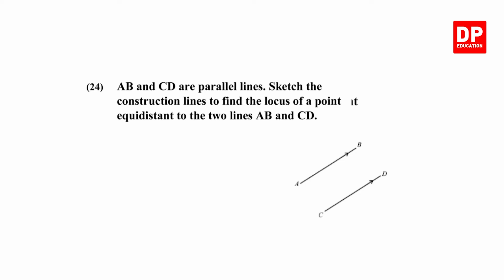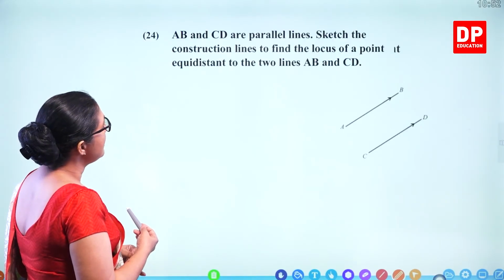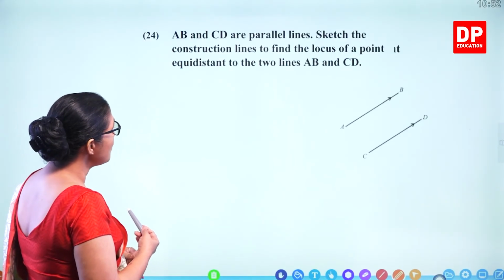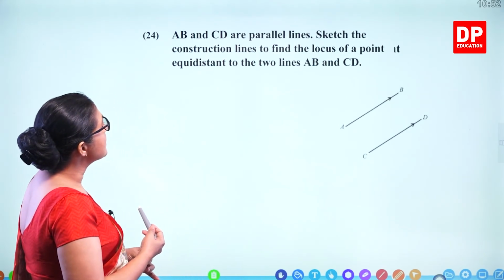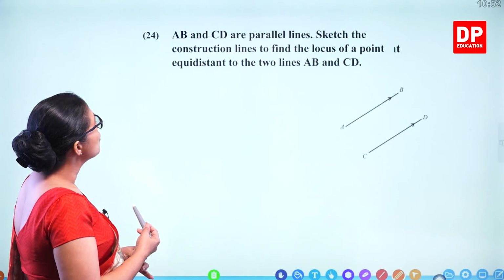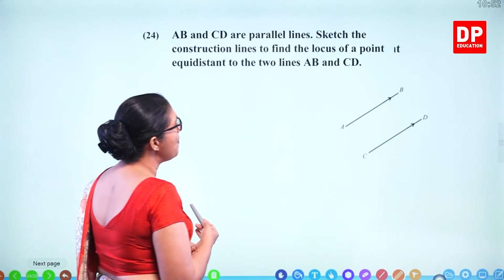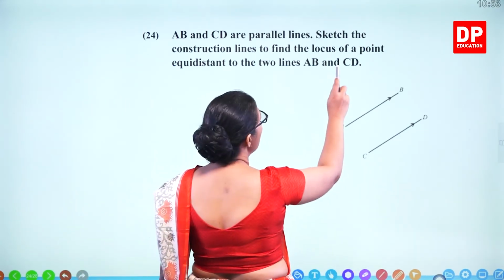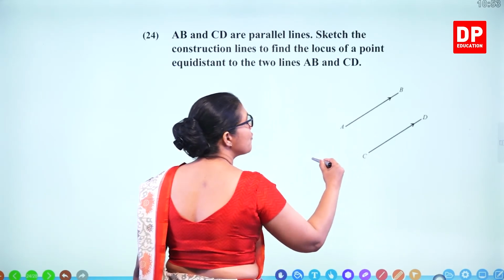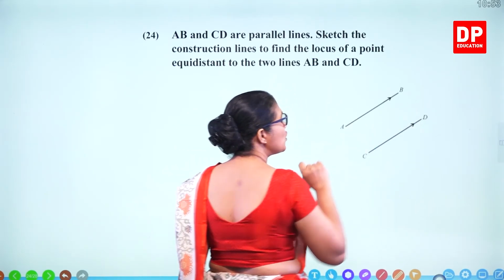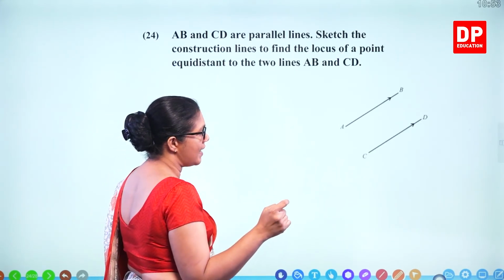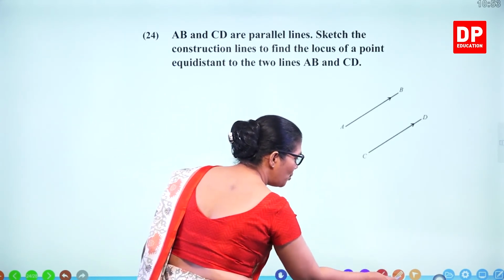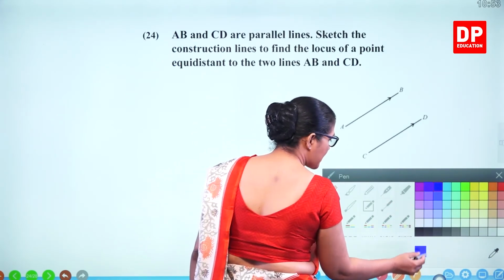Question number 24. AB and CD are parallel lines. Sketch the construction lines to find the locus of a point equidistant to the two lines AB and CD. So equidistant to these two means you have to draw a parallel line in between. How do you identify it? You have to show all the construction lines. So what you can do, you can first